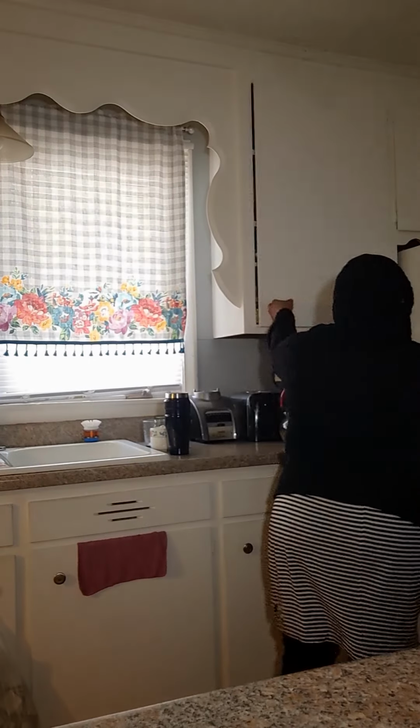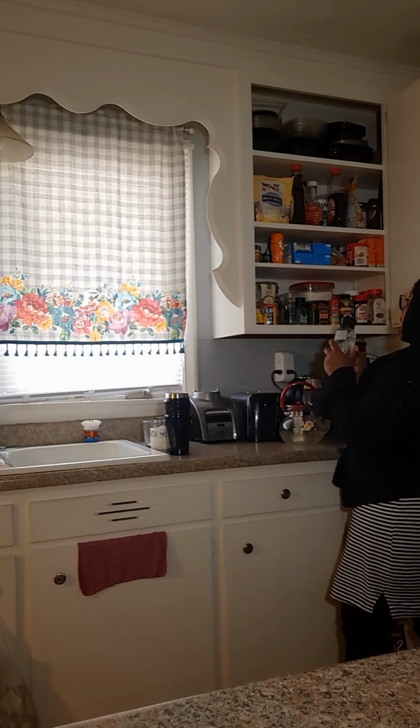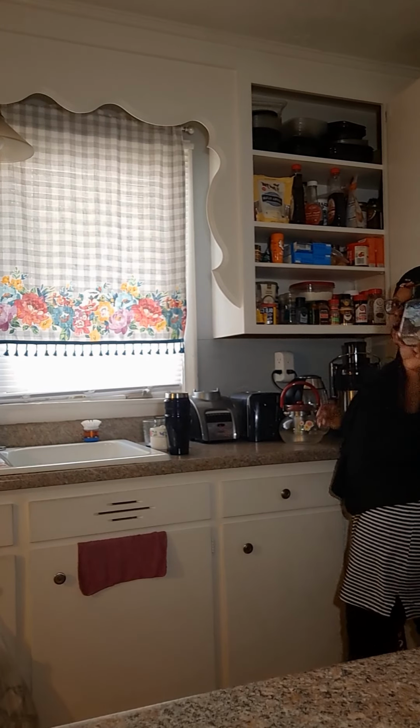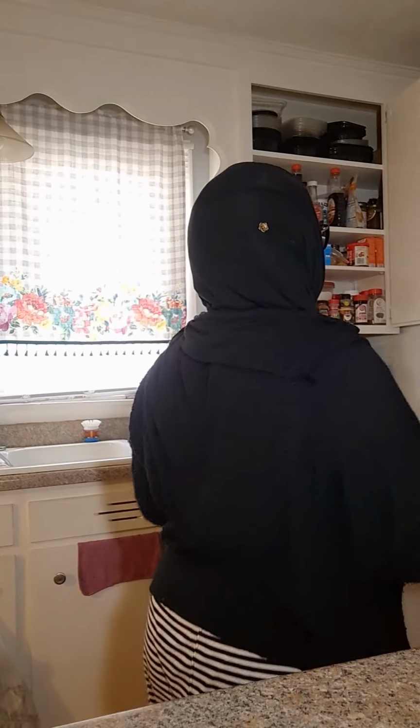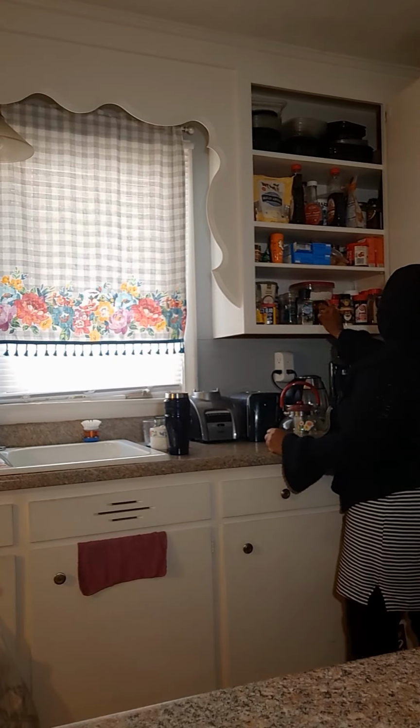And I'm gonna use onion powder, of course, some onion powder, some sea salt, and I may use white sea salt. White sea salt is alkaline, and it's the best for the Dr. Sebi list. But I have tons of pink Himalayan salt, so I think I'm gonna use some pink Himalayan salt, some fresh ground black pepper, and maybe a little bit of